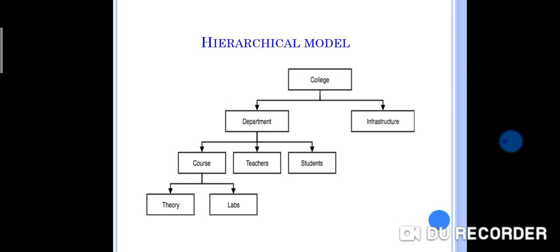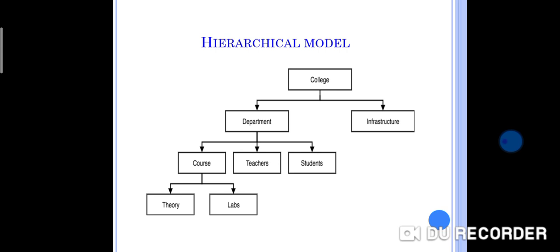This database model organizes data into a tree-like structure with a single root, to which all the other data is linked. The hierarchical model starts from the root data and expands like a tree, adding child nodes to the parent node. In this model, a child node will only have a single parent node. This model efficiently describes many real-world relationships like indexes of books, recipes, etc.